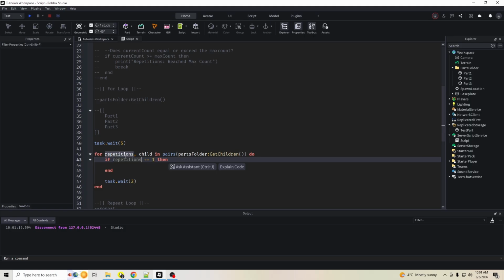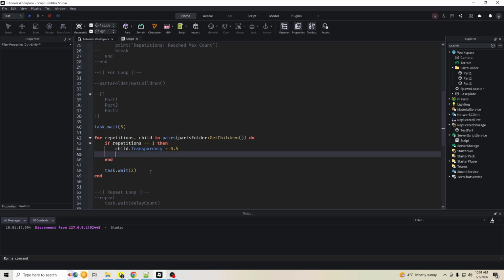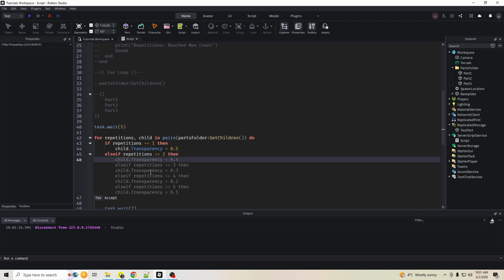So if repetitions is equal to 1, which means we have only looped through 1 time, then let's say we want the child.transparency to equal 0.5. And then we'll say else if repetitions equals 2, then child.material equals